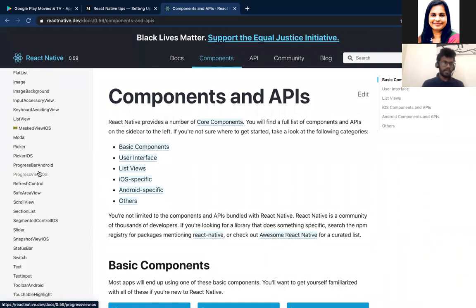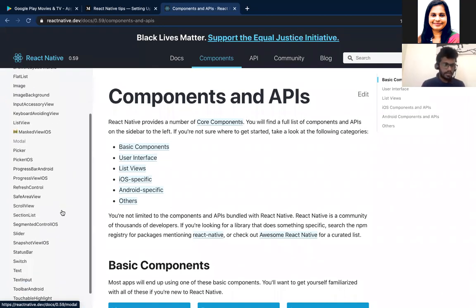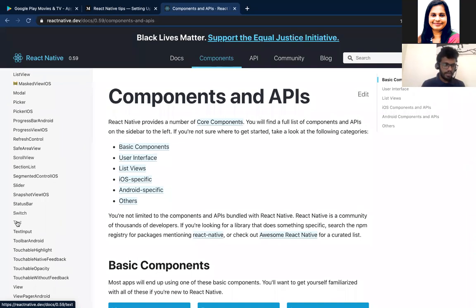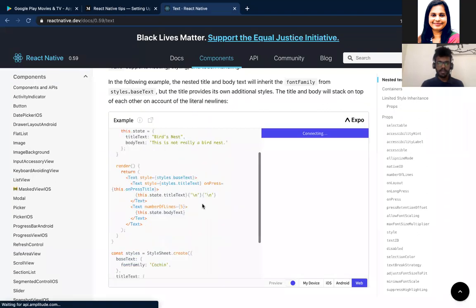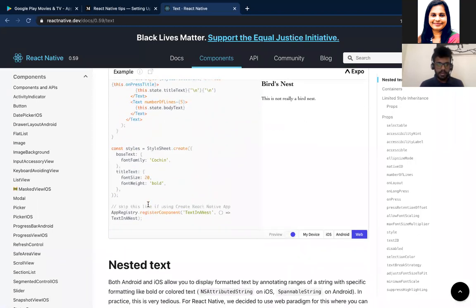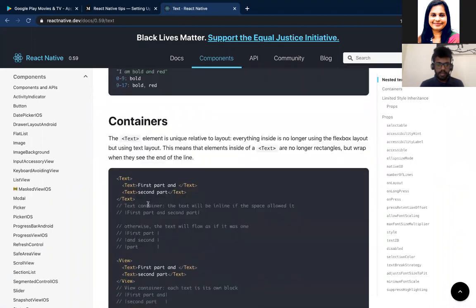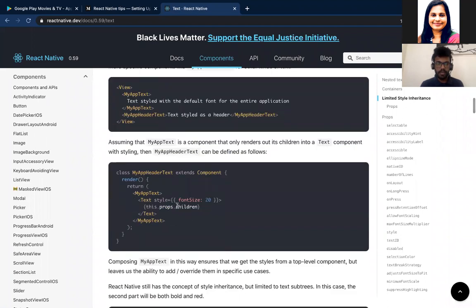I randomly picked a few which we all know. These are the things we are actually copying and pasting into our code in order to build the application. So let's go to something that we already know. Let's go to Text. All right, so here it is. Text input. We can see what the possible scenarios are for using Text, and what the possible inputs are. So this, okay, font size 20.